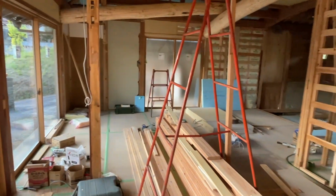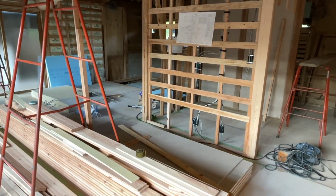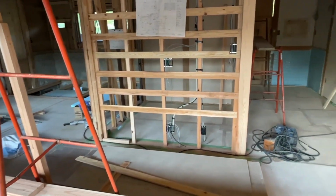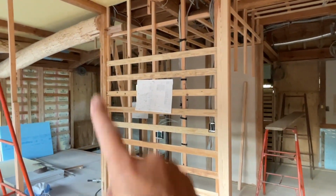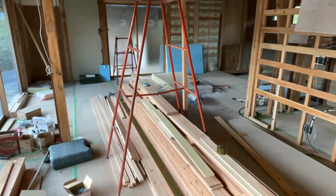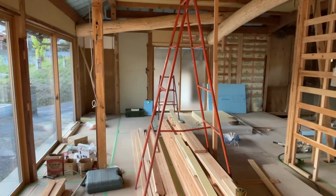Another progress is the walk-in closet. So pretty much right here where I'm standing is where the couch will be, and right in front of us is where the TV will be. I think a real nice big size TV will fit right there, as I lounge on the couch around here, looking towards the